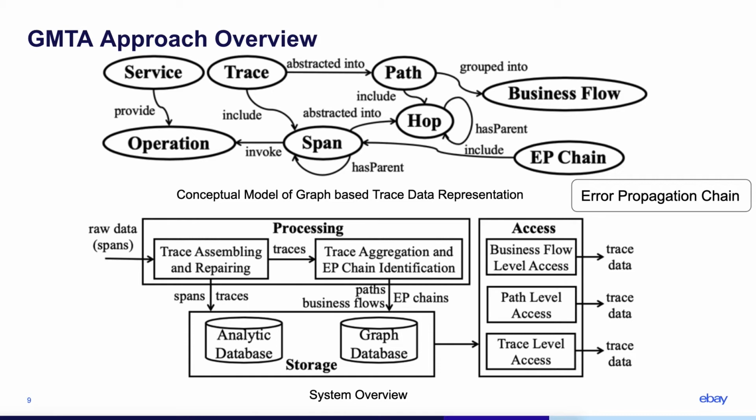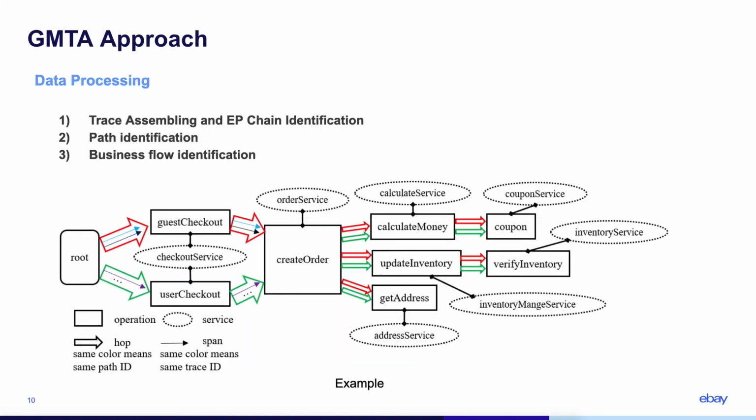GMTA is divided into three modules: processing module, storage module, and access module. After the trace is aggregated and analyzed, the span data will be stored in an analytical database, and the aggregated results will be stored in the graph database. The access layer combines the two databases to provide a multi-level and efficient query interface. Let's introduce the details of the three modules of GMTA in turn. The data processing module of GMTA mainly includes three parts: trace assembling, error chain identification, and path aggregation and business flow filtering. Taking this picture as an example,